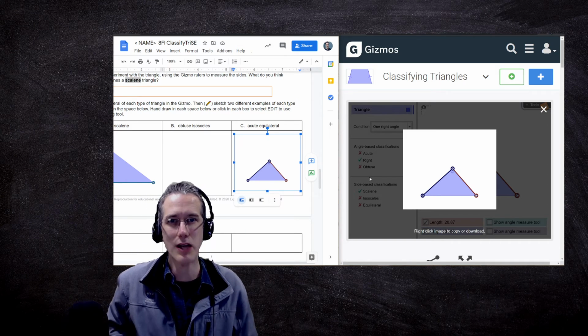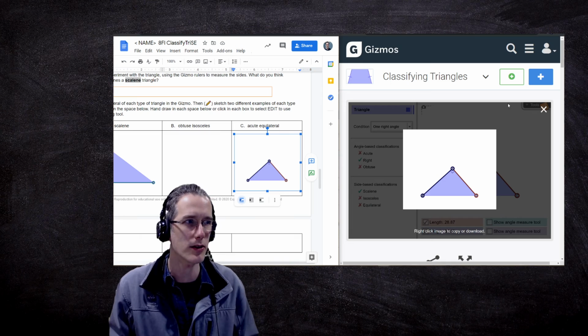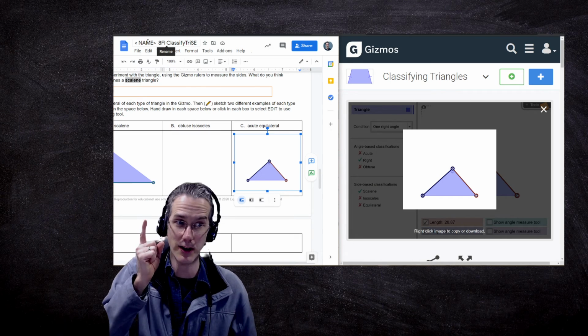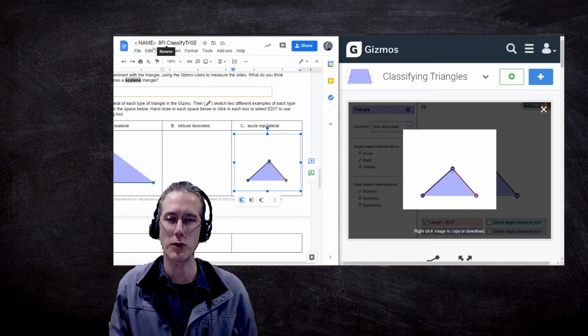Hopefully this saves you some time when you're putting all these pieces together. And then don't forget to name your file, send it in when you submit your work, and I hope you